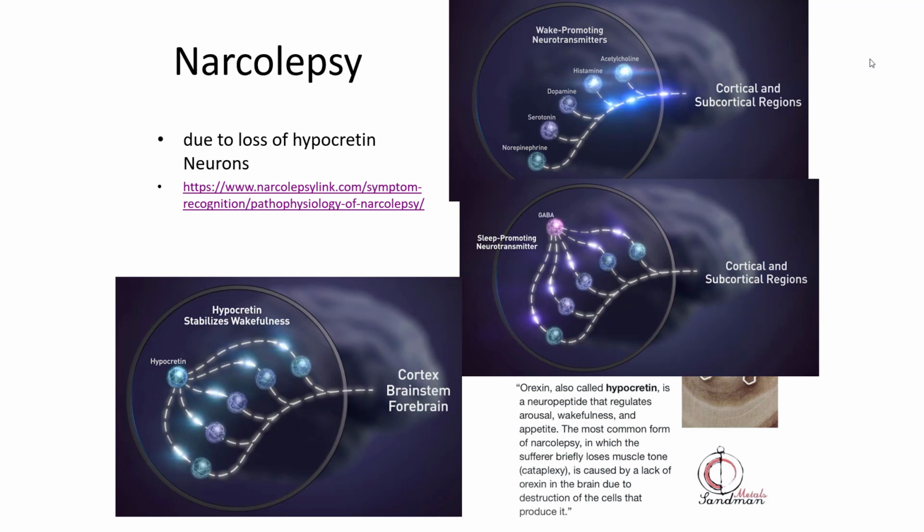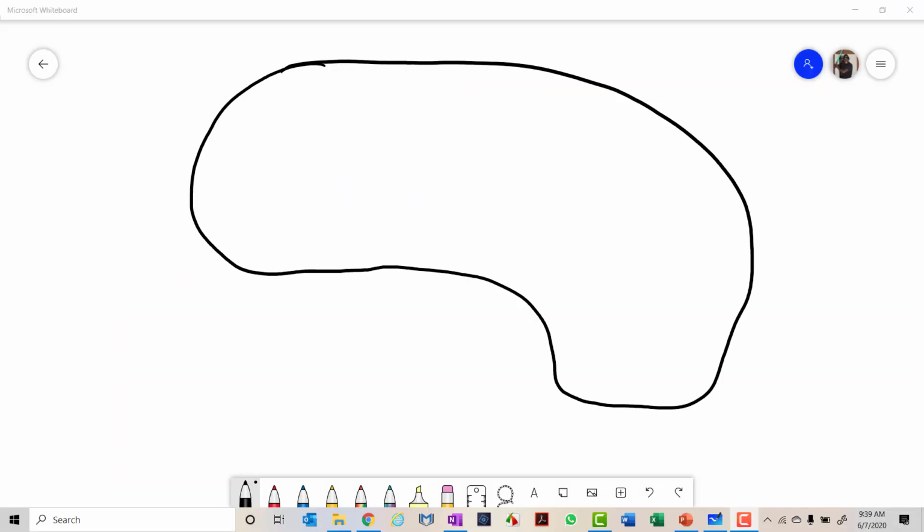So I'm going to diagram the brain and talk about the sleep-wake neurotransmitters and explain what happens when one of them doesn't work properly. Narcolepsy, if you don't know, is the one where a person might be completely alert talking to you, and then if it's narcolepsy with cataplexy, narcolepsy type 1, then suddenly